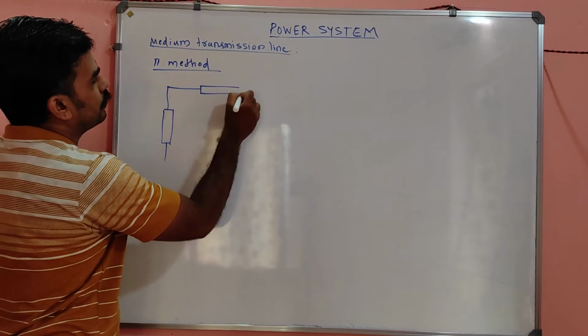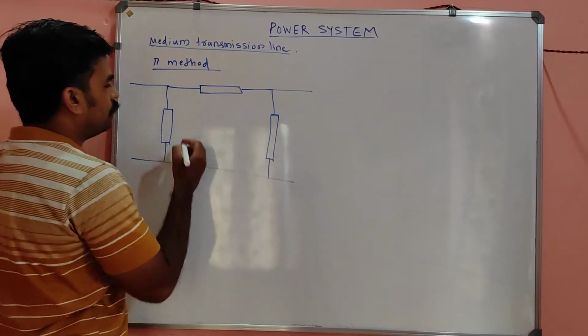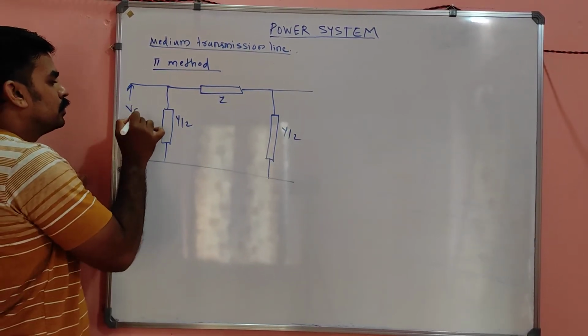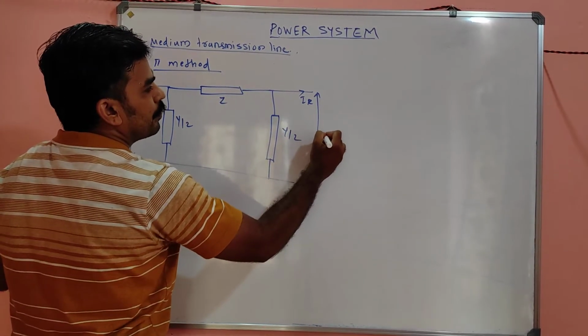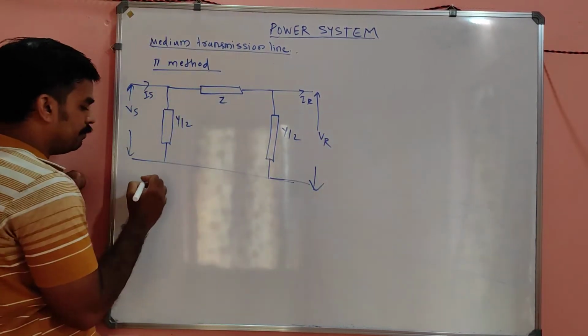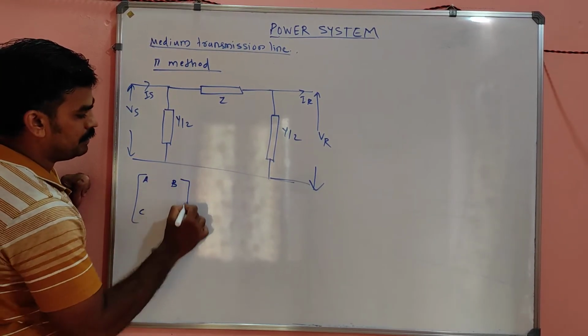This will be the shape of the network. That means the medium transmission line can be represented like Z, Y by 2, and Vs, Is and Ir, like that you can represent. And the ABCD parameter will be equal to